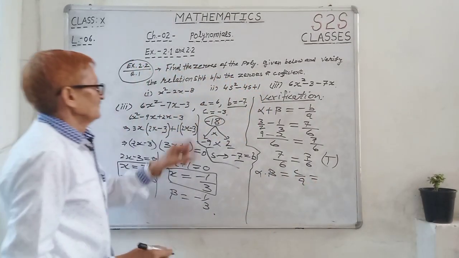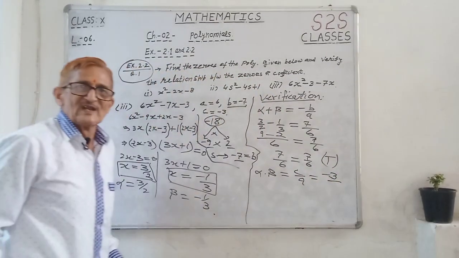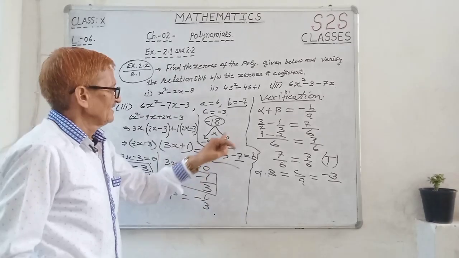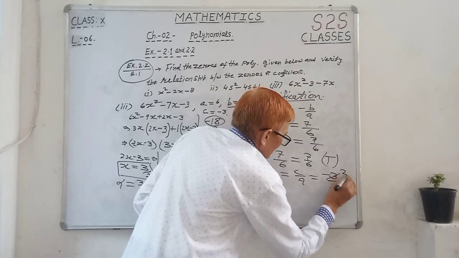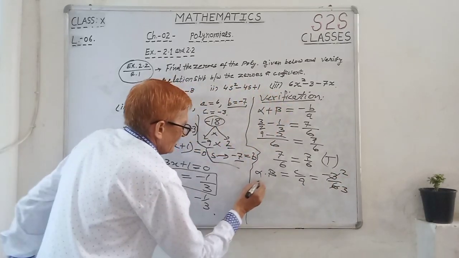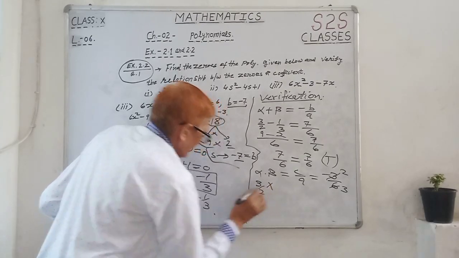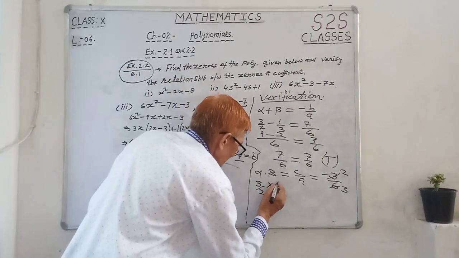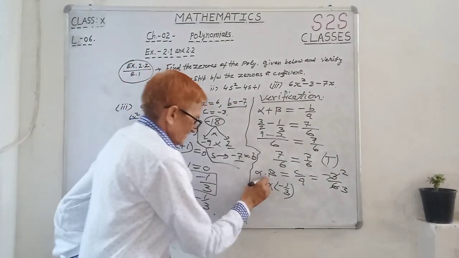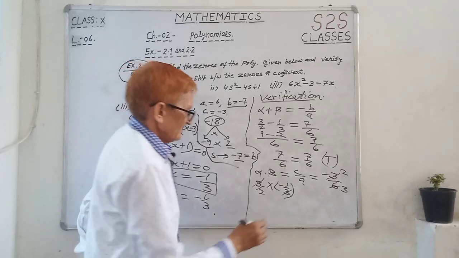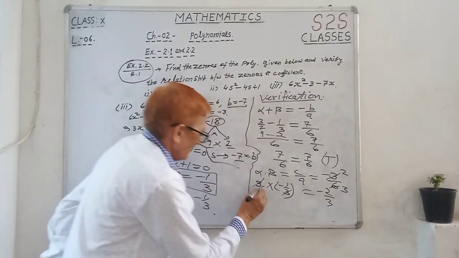Second, product: alpha into beta is equal to c upon a. The value of c is minus 3 upon the value of a. The value of a is 6. Simplify, 2 and 3. Then alpha is 3 by 2. Multiply, beta is minus 1 by 3. Multiply, so the 3 cancels. Then this is equal to minus 2 upon 3, and this is